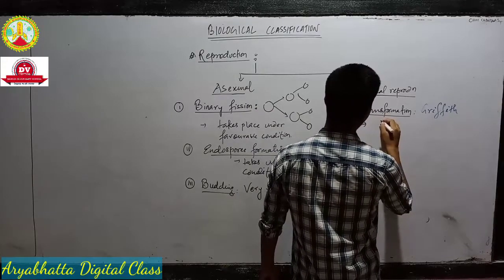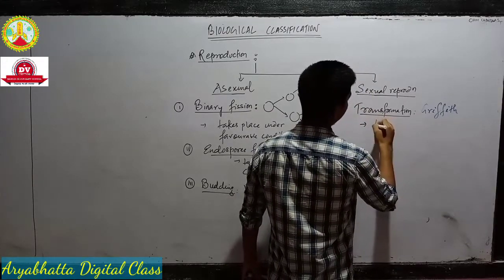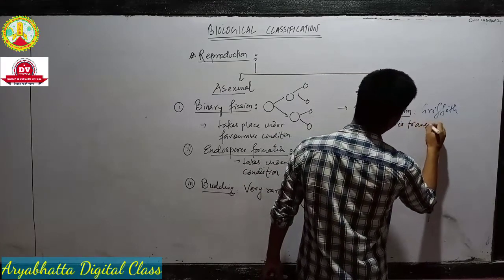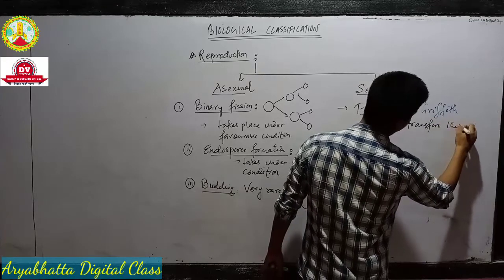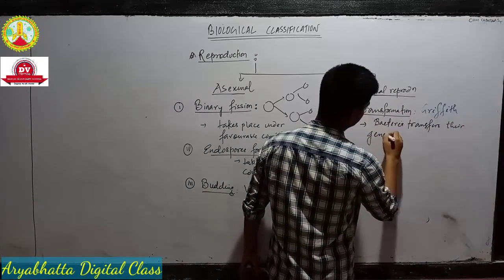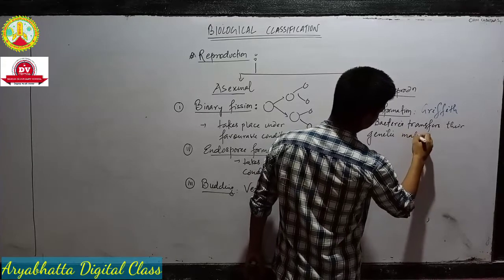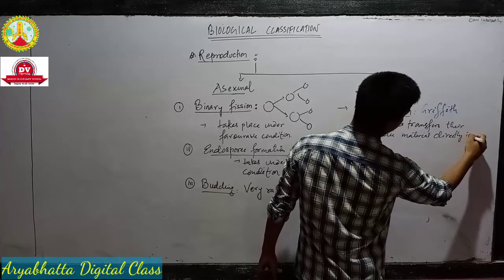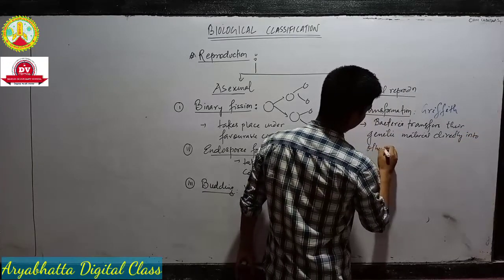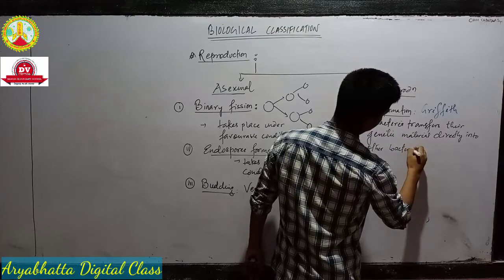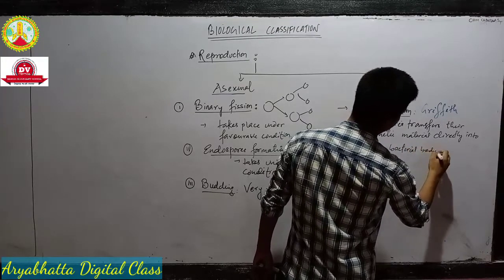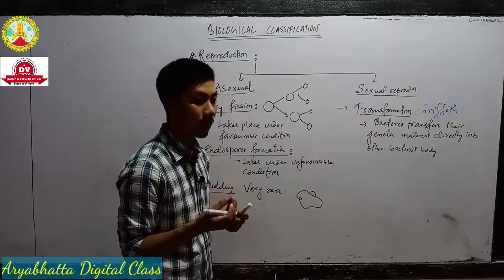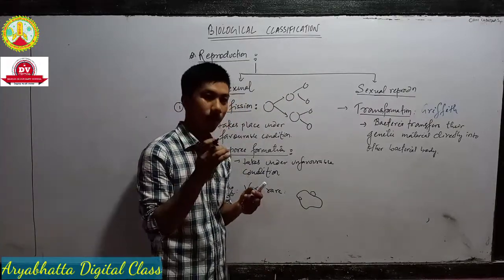So in transformation क्या होता है? बैक्टीरिया transfer their genetic material directly into other bacterial body. जेनेटिक मटेरियल मतलब डीएनए, ओके। डीएनए कहाँ होते हैं? सेल का अंदर होते हैं, ओके।